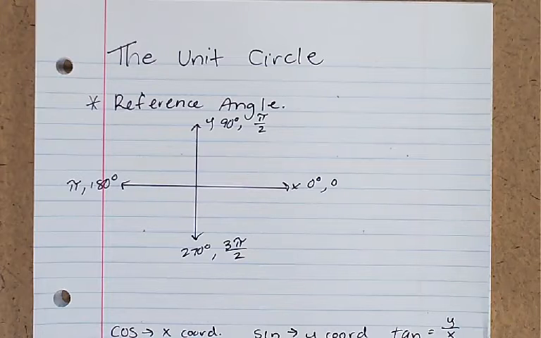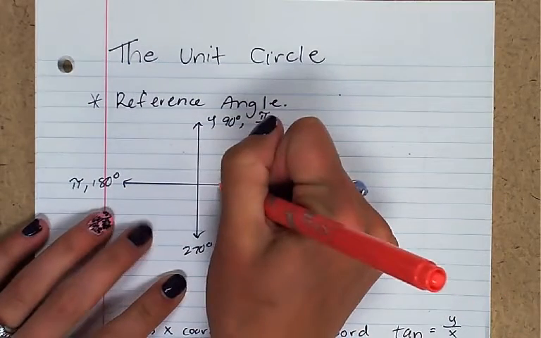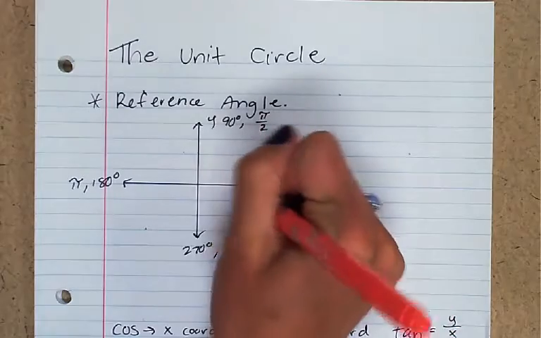This is a review for the Edgenuity lesson, the unit circle. So first I'm going to talk about reference angles. Basically, what a reference angle is: if you draw your angle, how far does it take you to get back to the x-axis? So what I mean by that is if I draw an angle,